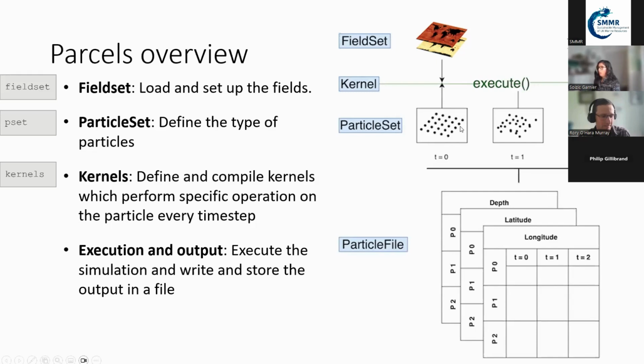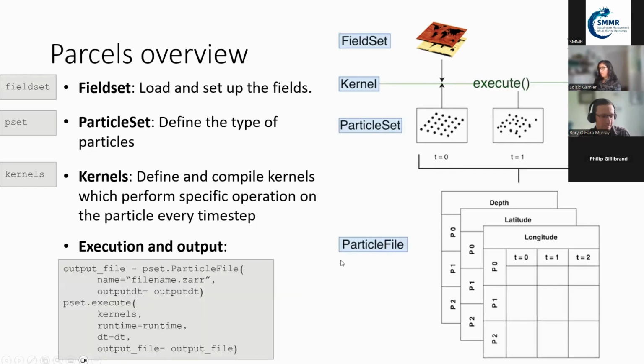So through the execution, we're going to have the kernel make the particles and the field set interact. And also at each time step, we will be able to save the particle locations and states in what Parcels calls a particle file. In order to do that in Parcels, there are two main functions. So first, if we want to save this particle file in an actual file so we can analyze it later, we need to define